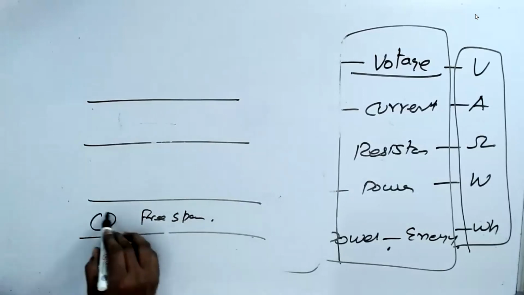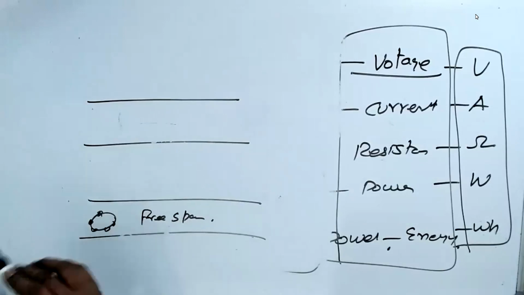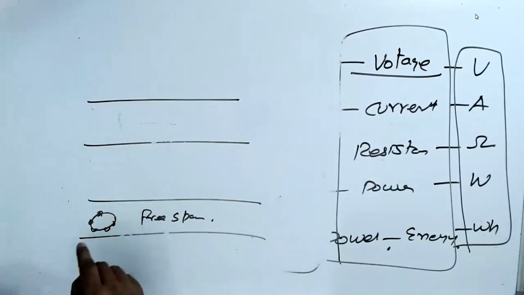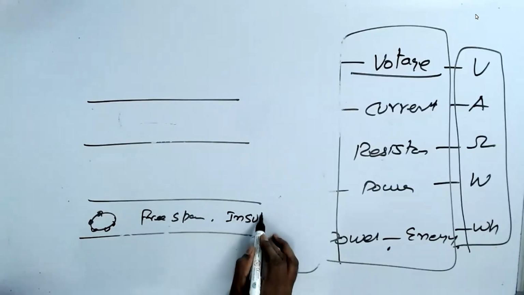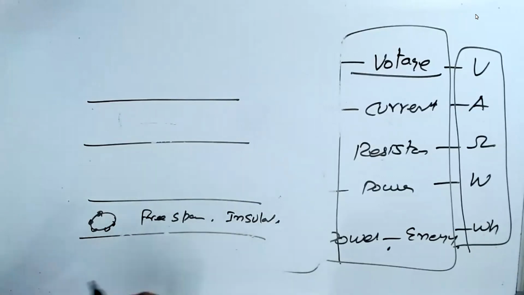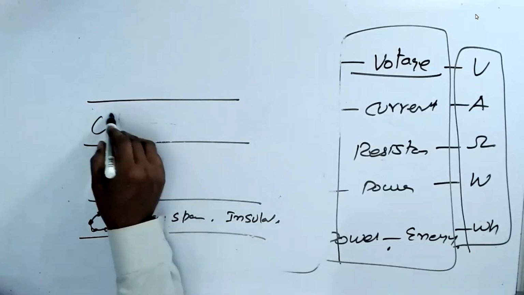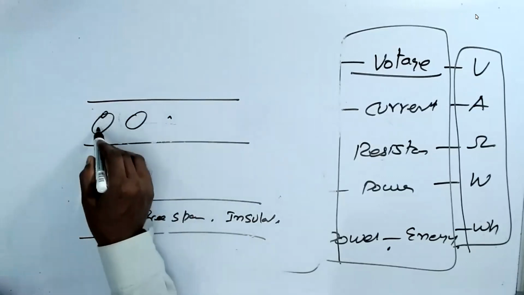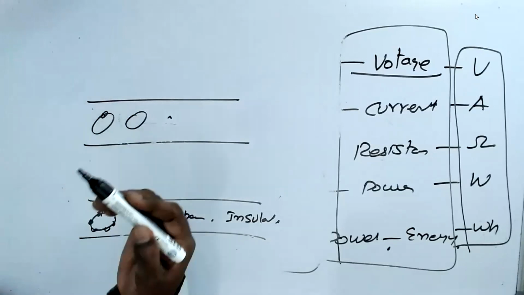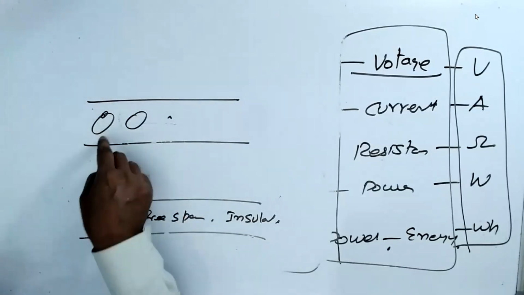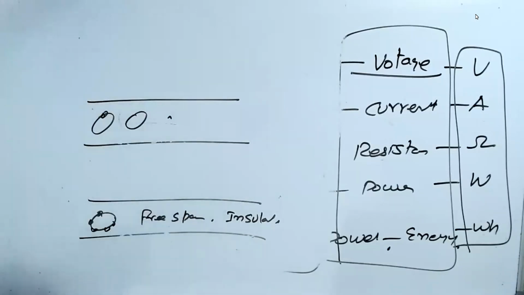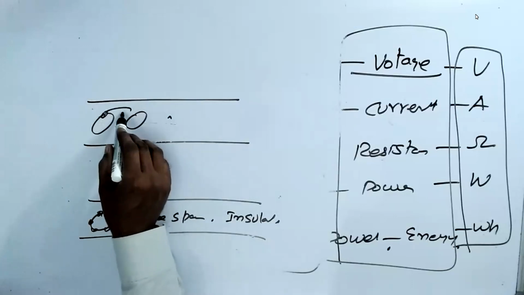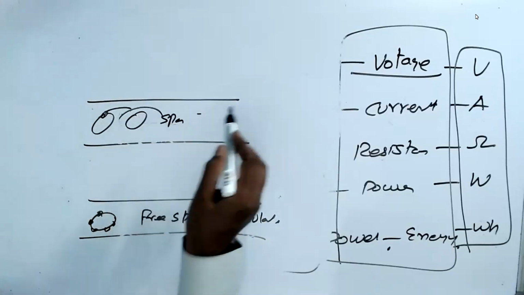and if your atoms also have all 8 electrons in the orbit, you cannot move them. They are totally bonded. These are called insulators. The electron cannot move through this. No space at all to move. But in conductors, they have a free electron. There is a valence electron, only 1. If there is a metal which has 1 valence electron, then I can easily push the electron, and that electron will go. It also has space in between to move.